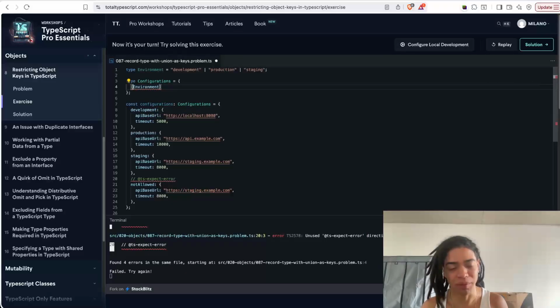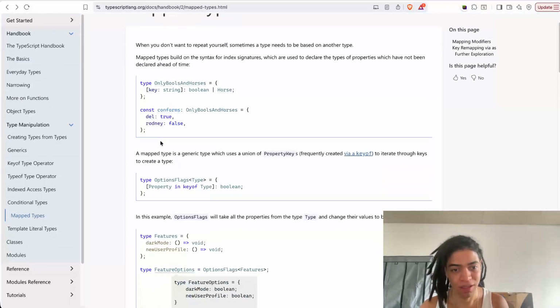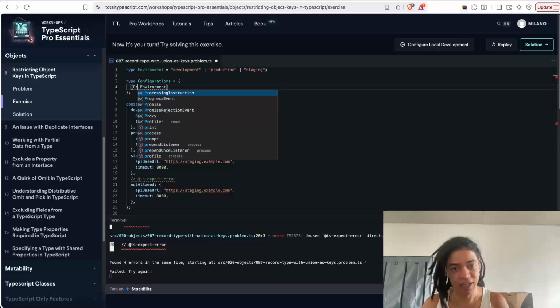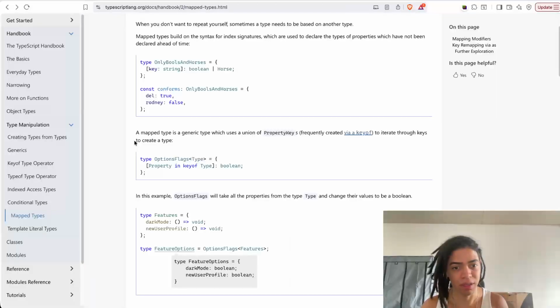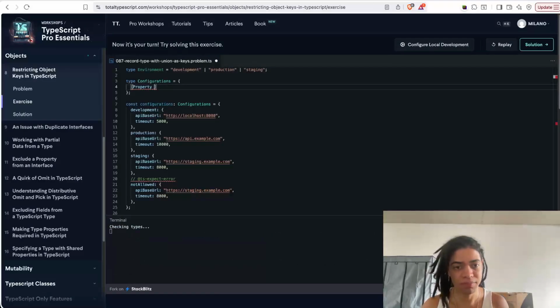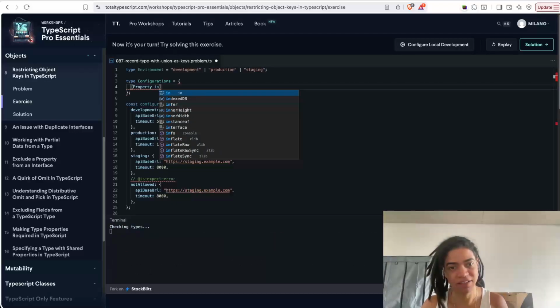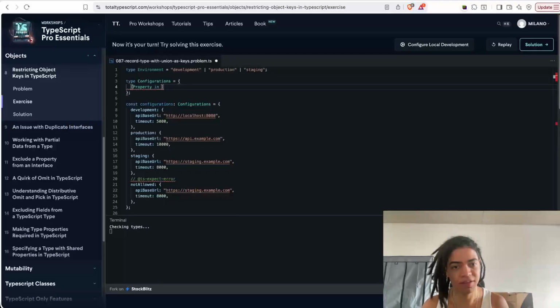And this environment here, because now I'm in a type, if I want to define those map types, the way to do that is by saying this property, which is the name of this property, if that property exists in